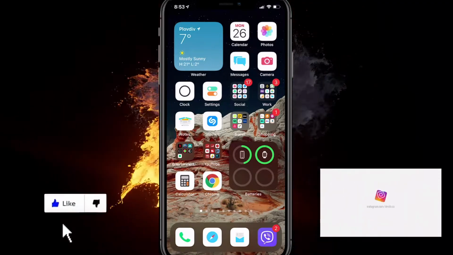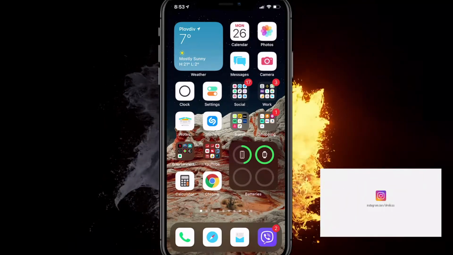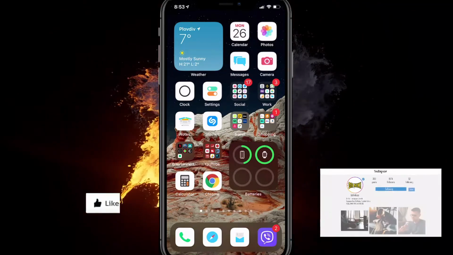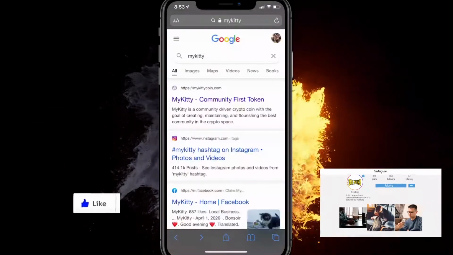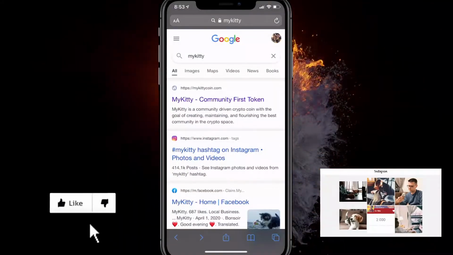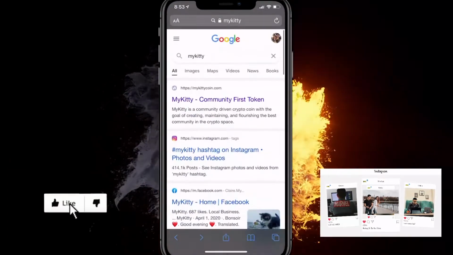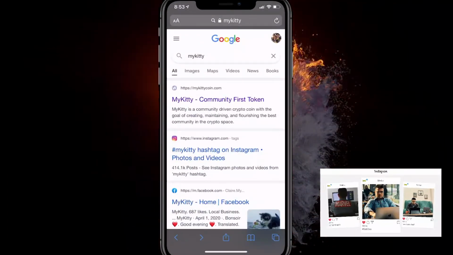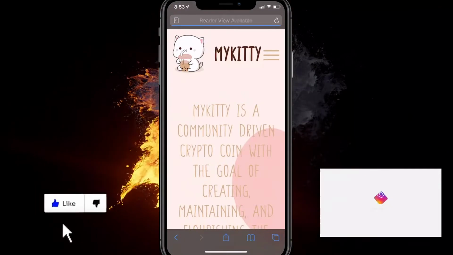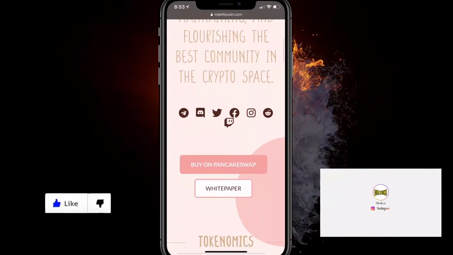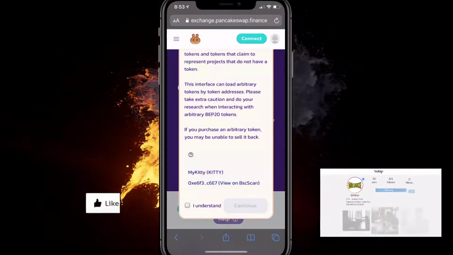I'm no financial expert. So to actually buy the MyKitty token, what you need to do is first thing, you want to go on Google and just type in MyKitty. There's other ways to do it, with BSC scan and other ways, but the easiest way is just mykitty.com. So you go there and you want to click on buy on PancakeSwap, and it will basically redirect you to